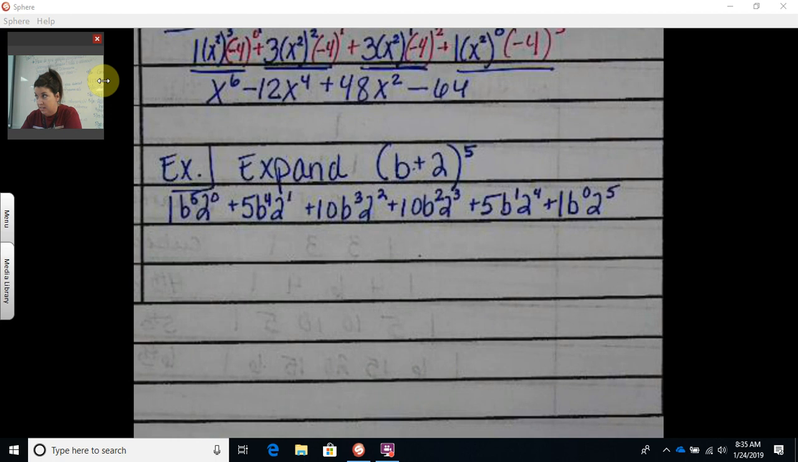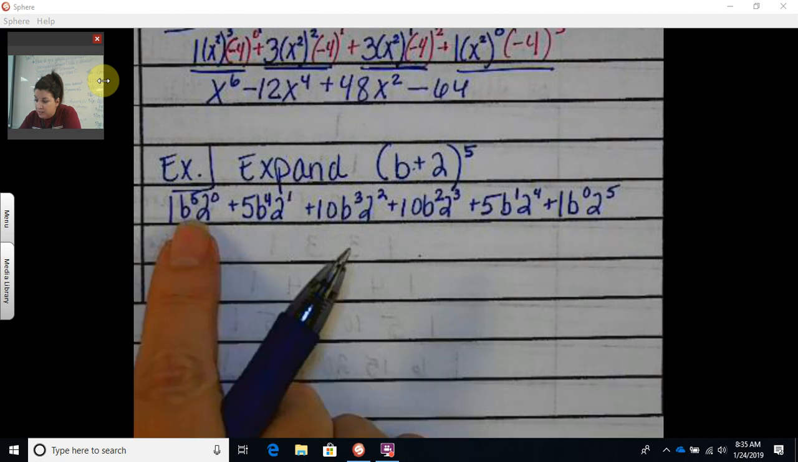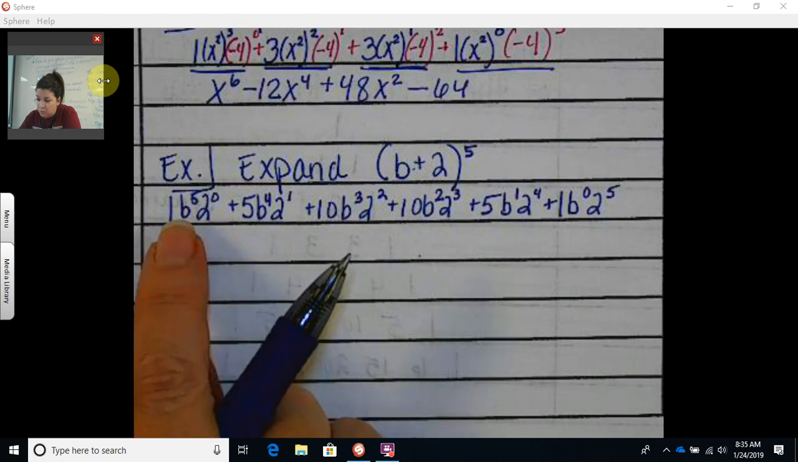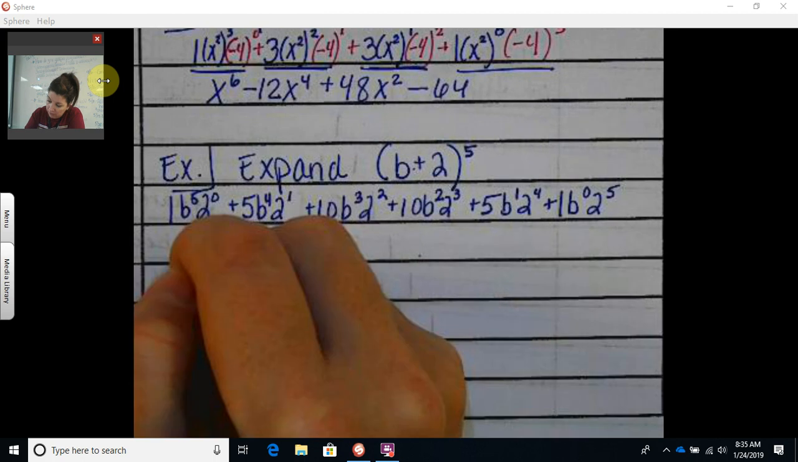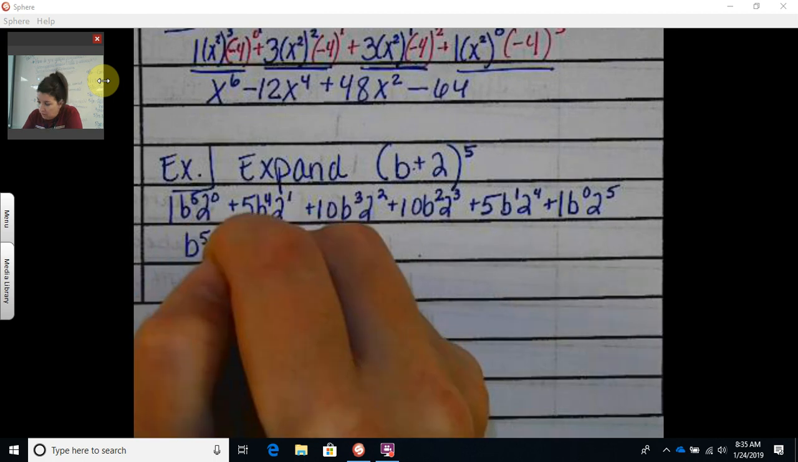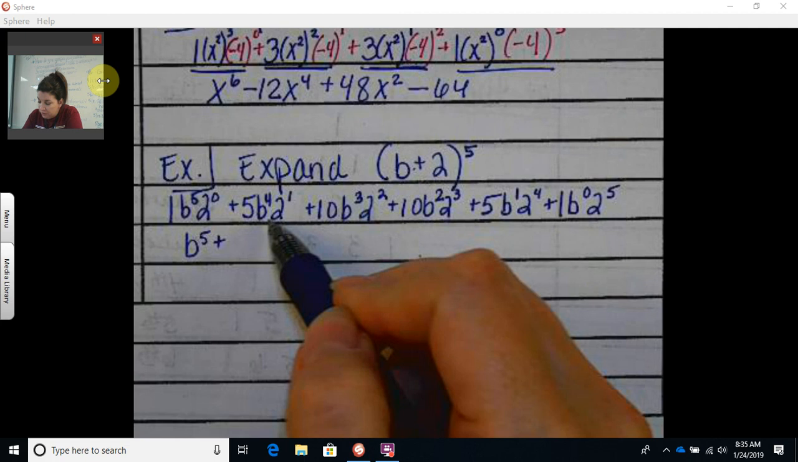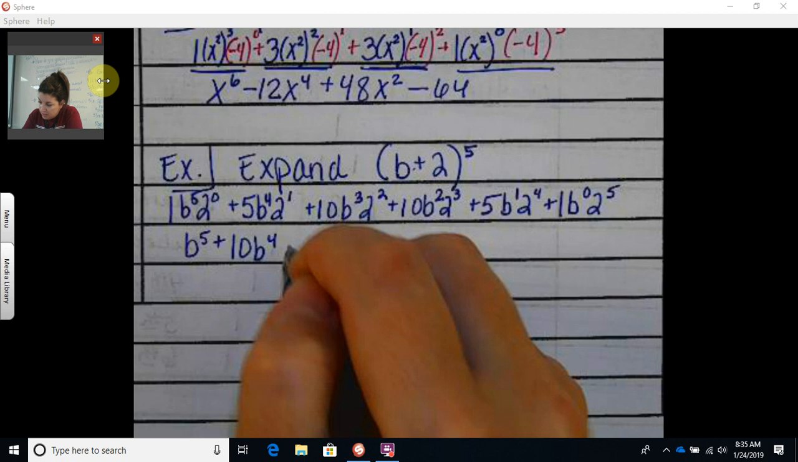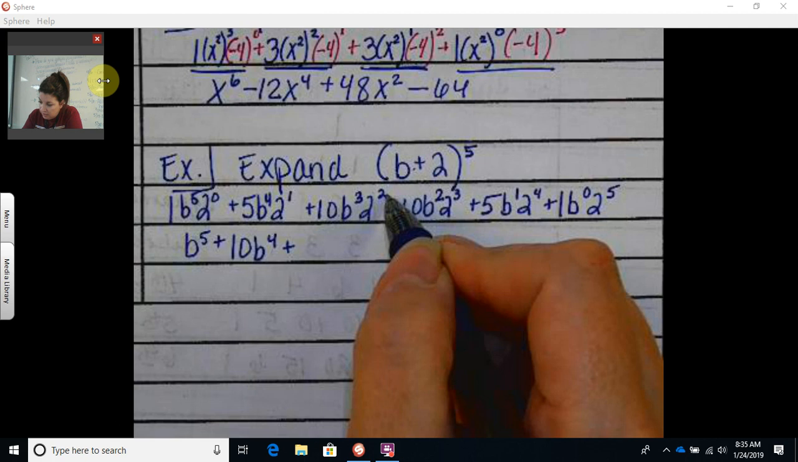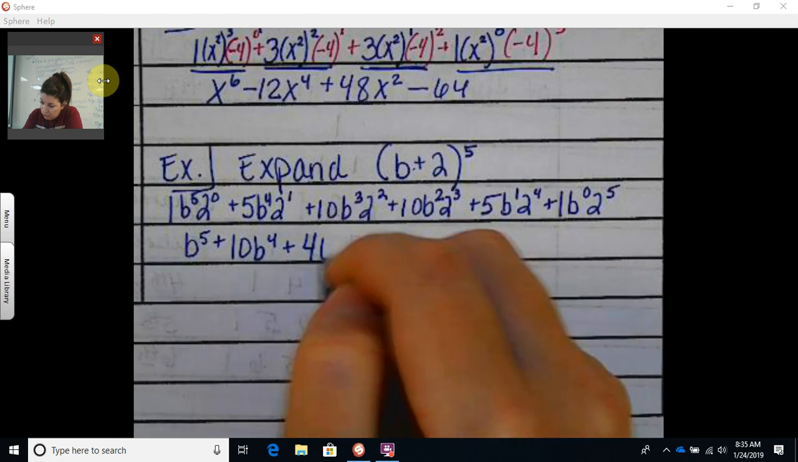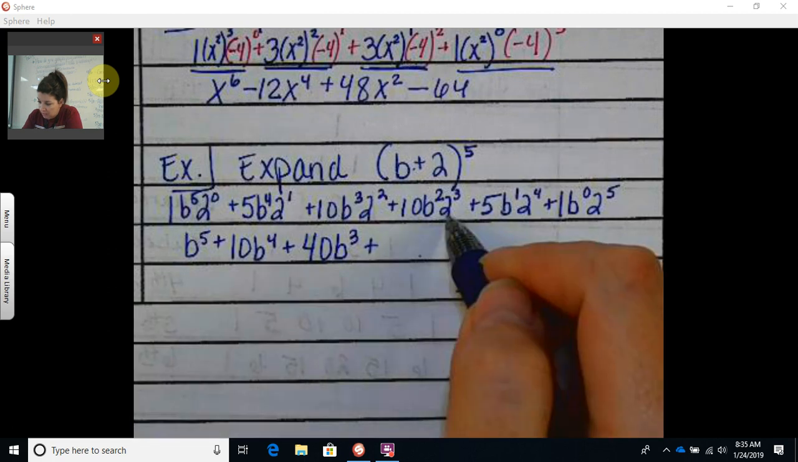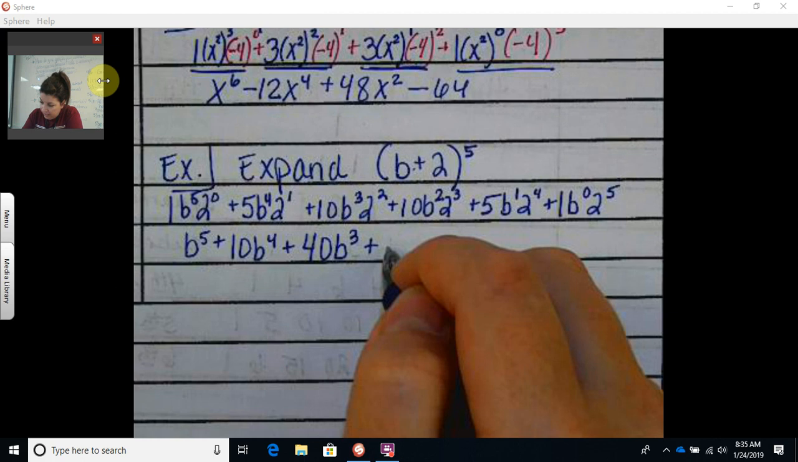Okay? All right. So 1 times b to the 5th times 2 to the 0. What's 2 to the 0? So basically that's 1 times b to the 5th times 1. What's that? b to the 5th. Plus 2 to the first is times 5, so that's 10b to the 4th, plus 2 squared is 4 times 10 gives me 40b cubed, plus 2 cubed is 8 times 10 is 80b squared,